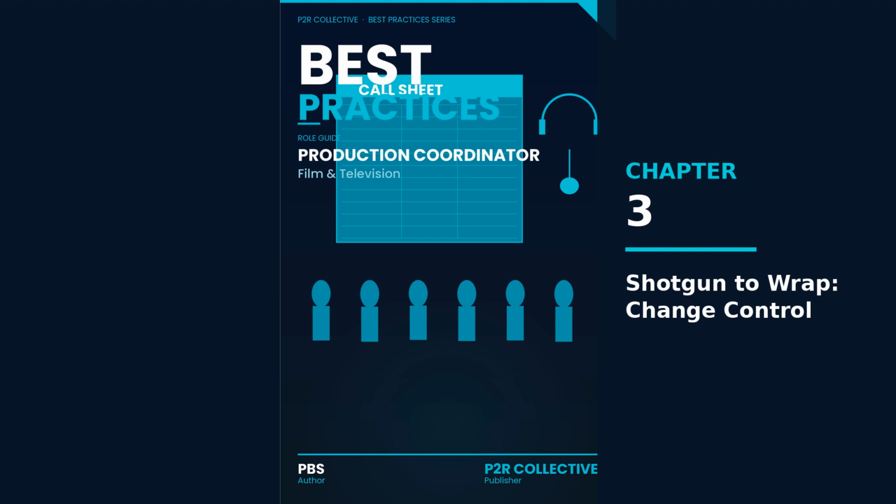For Priya, a coordinator for commercials, this shows up constantly. A client review runs long, a wardrobe change triggers a continuity reset, or the prop house can only deliver at a new time. Priya's job isn't to stop change. Priya's job is to keep change from multiplying, so the shoot stays safe, on time, and trackable